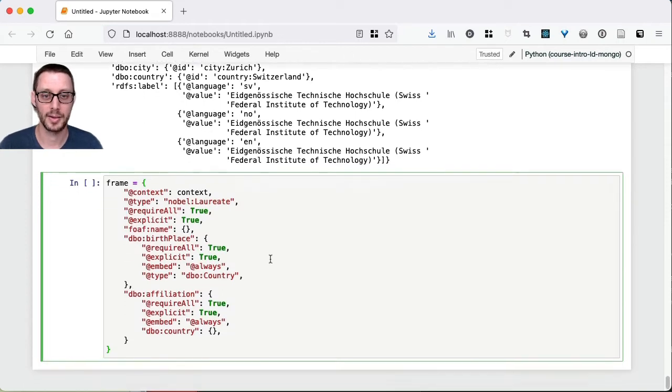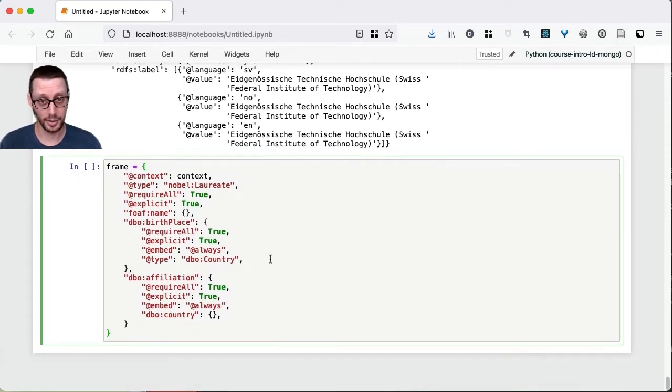So here's an example of a JSON-LD frame. It is a document. I'm giving the @context being the context from above, and I want to get things that are Nobel laureates, and I want things that have a name. I want Nobel laureates that have a birthplace, and what I want to do here, using the JSON-LD framing language, is